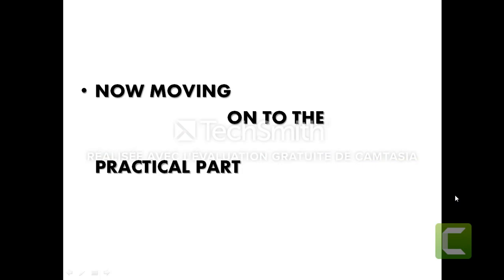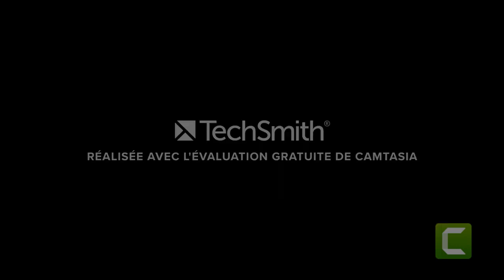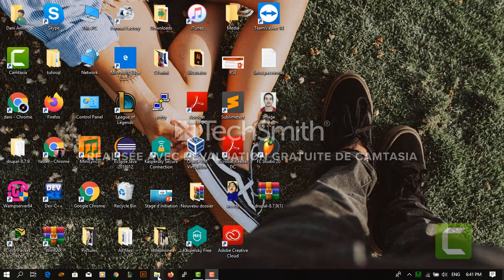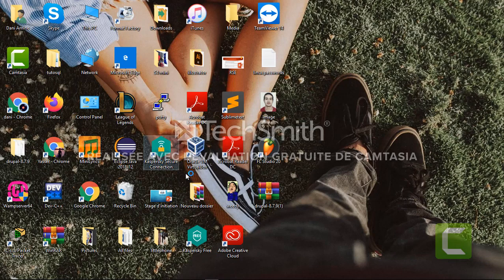Now, moving on to the practical part, to learn how to install and manage Drupal correctly. So now that we have an idea about Drupal and its functions, let's go from theory to practical things.